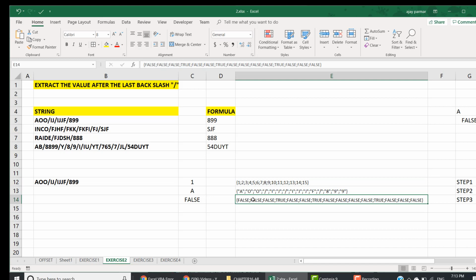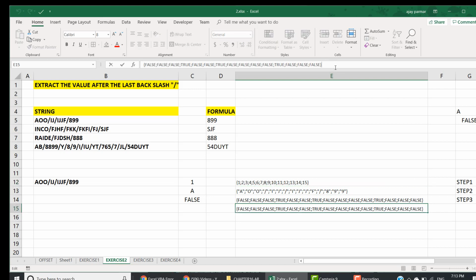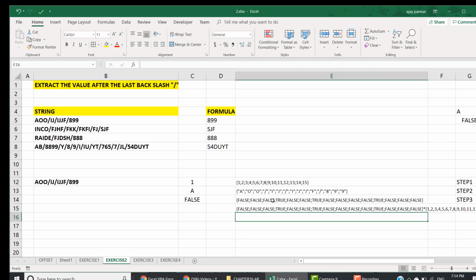Okay, so just to make my concept clear, this array is going to be multiplied with this array. Okay, so this is what we are going to do. So here I'm going to say multiply, and let me write this manually. So 1 comma 2 comma 3, 4 and 5 and 6 and 7 8 9 10, and then so on, 11 12. It depends how many values we have. So in this case we have 15 values, so we're going to multiply this with the 15. Okay, now this is how you will end up having an array. So when you multiply these two arrays, what will happen?